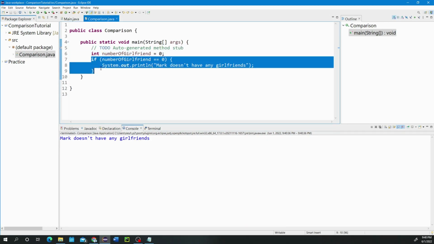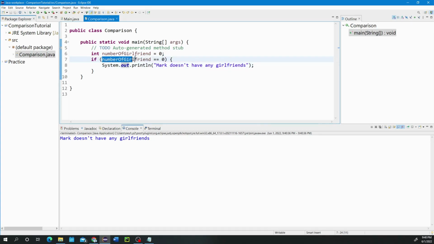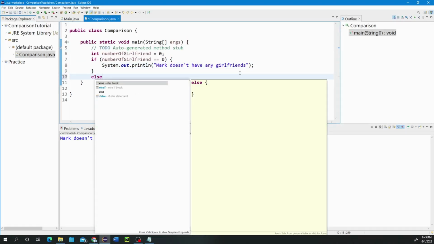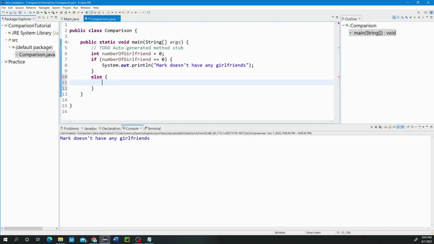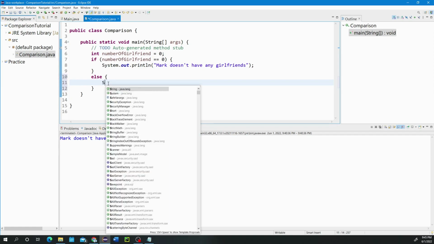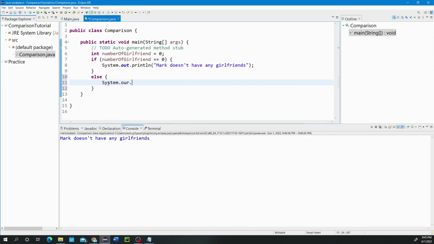So for the if statement, it checks if number of girlfriend is equal to 0, and if number of girlfriend is equal to 0, the thing inside the braces right here will be executed. Okay, and we have an else statement. You will see here an else statement starts with the keyword else and is followed by a pair of braces. So inside the pair of braces I will print out